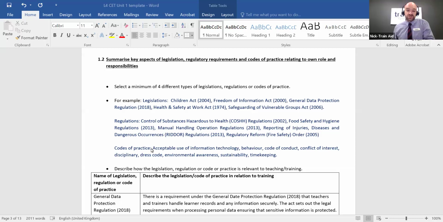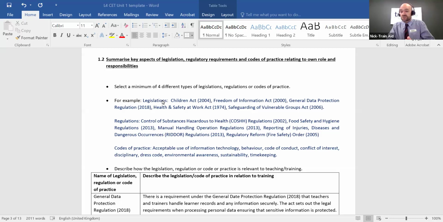So what are legislations? Legislations are statutory. They don't often change with time. They are created by governments, so they're essentially laws that all teaching establishments, all training providers, and organizations will adhere to as well.